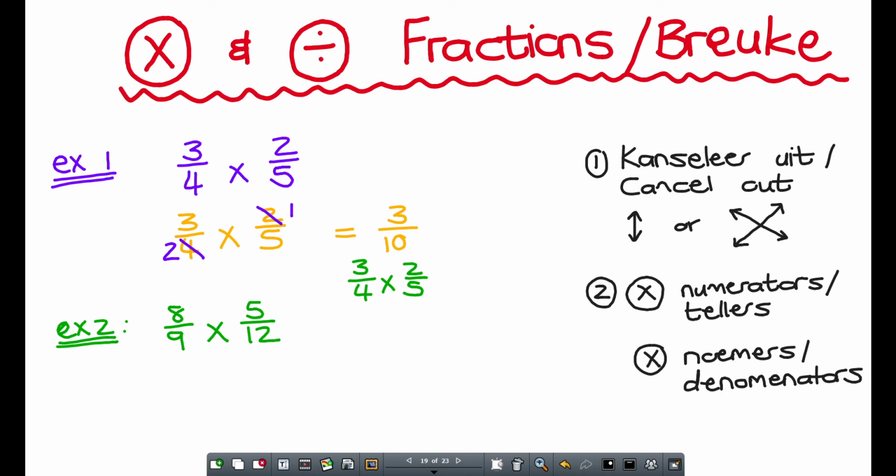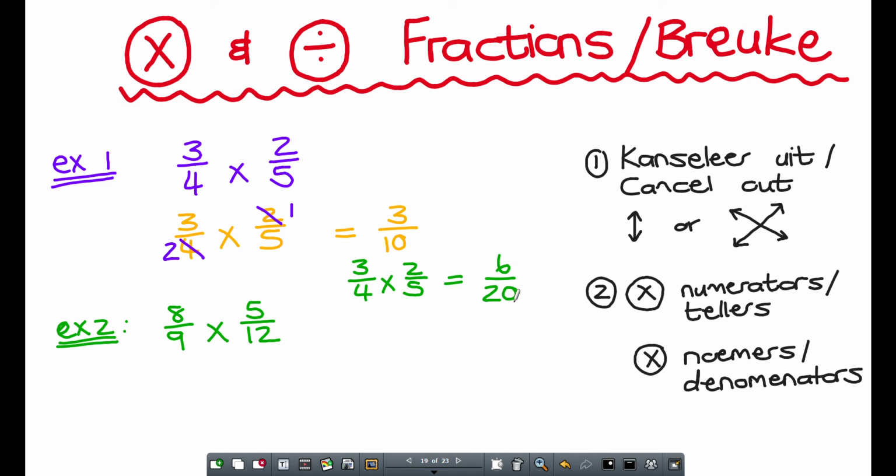Okay, let's say I didn't see that the 2 and the 4 could be cancelled out. So I didn't do step 1, which we said just now is not a train smash because we could still get the same answer. I would then go to step 2. Let's multiply our numerators. So the 3 and the 2 must be multiplied, right? Which means that I'm going to get 6 at the top. Then we multiply denominators, meaning at the bottom. So 4 times 5 is going to give me